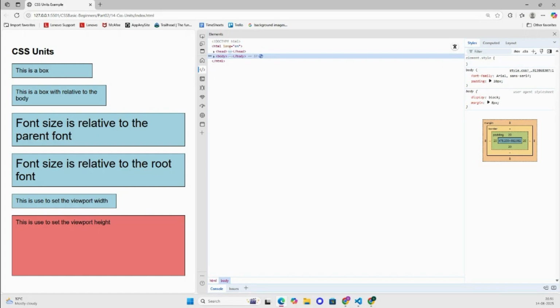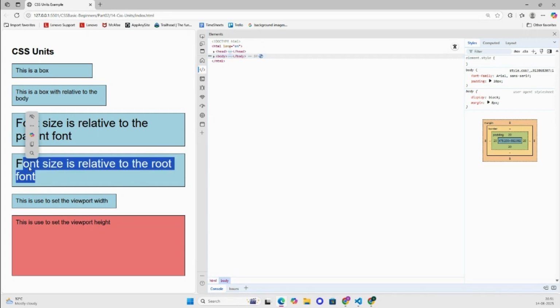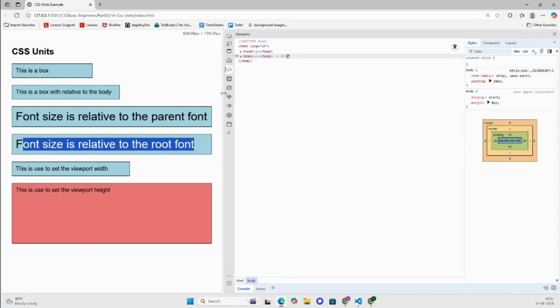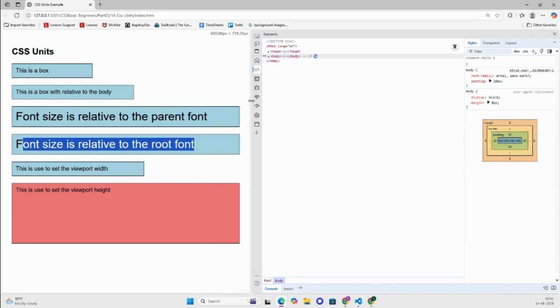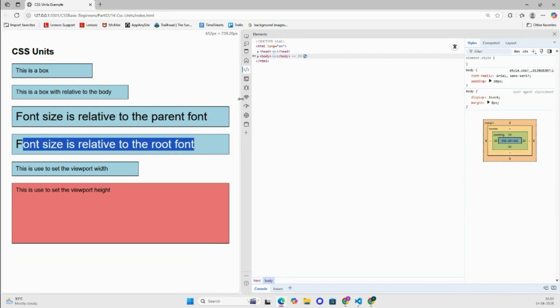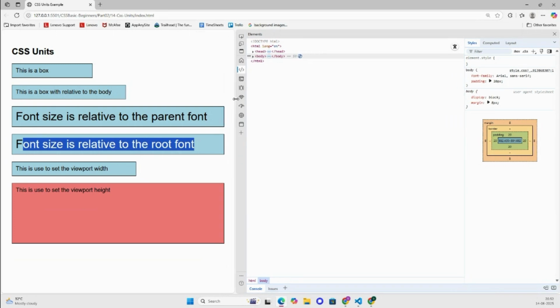And coming to these em and rem boxes also, these units are controlled based on either their parents or the root element, that is nothing but the html. If you increase the browser zoom, the base font will change. In the CSS you can see that the boxes are scaling up accordingly. And coming to this viewport width and the viewport height,